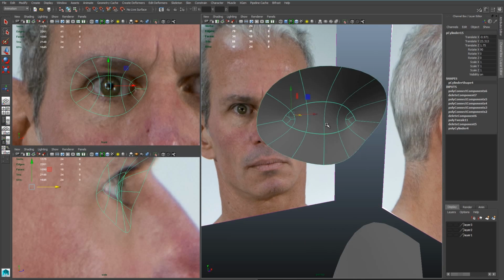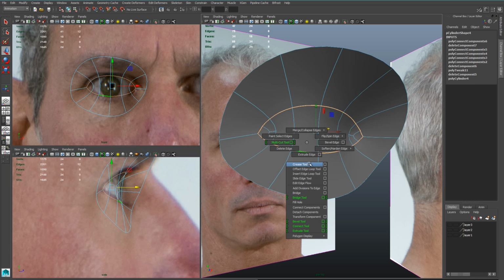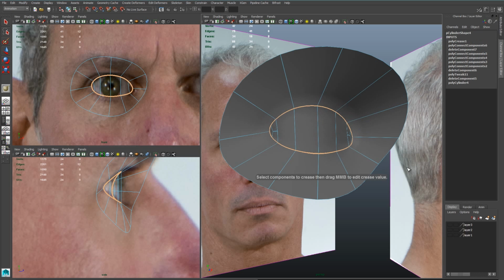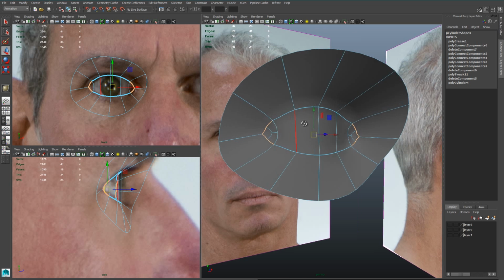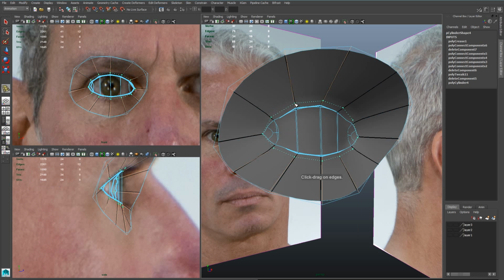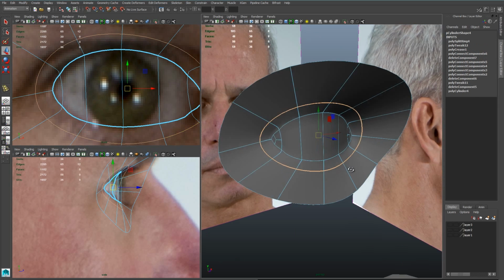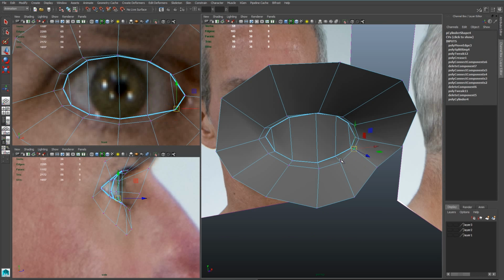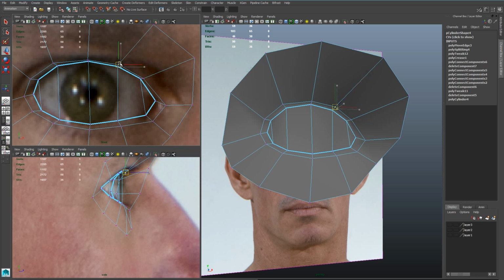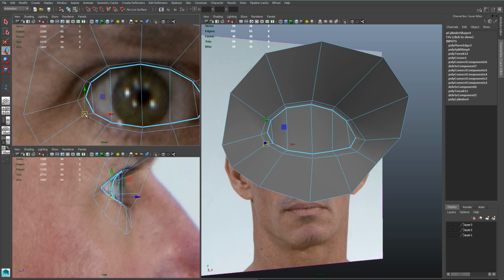I'll hit 3 to smooth the eye the same way that I did the mouth, and then I'll grab the edges around the eye and use my crease tool to crease them. And that'll give me a sharper shape, and I'll just tweak that a little bit. And now I'm going to cut in a row very close around the eye using my Insert Edge Loop tool. And this is the eyelid. We can match it up to a reference pretty easily by just looking for the pink around the eye and